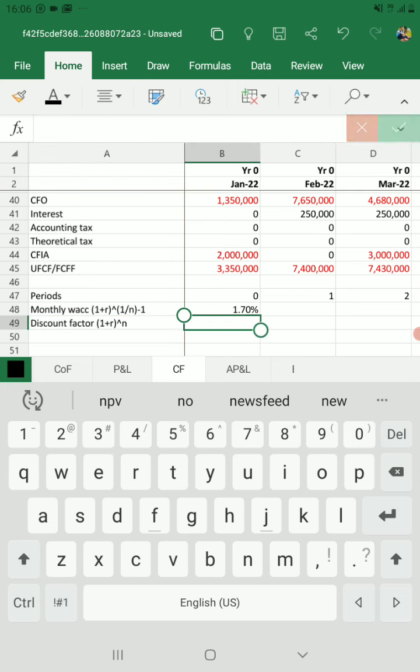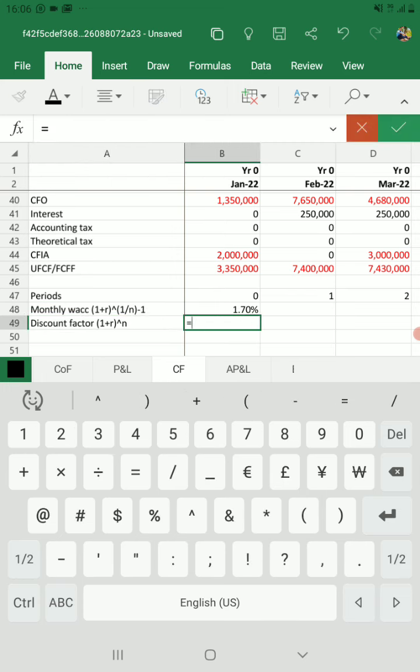Okay, so in this case I'll start with equal sign, then open the bracket, 1 plus